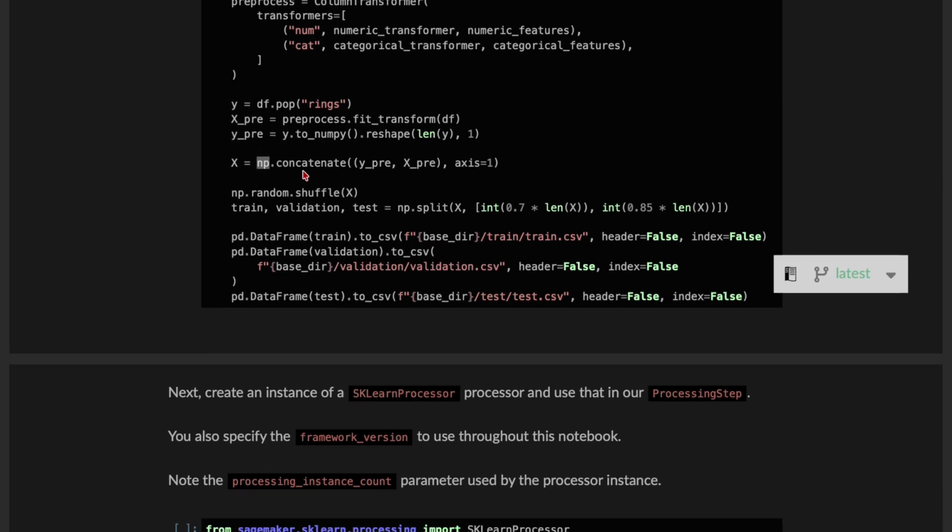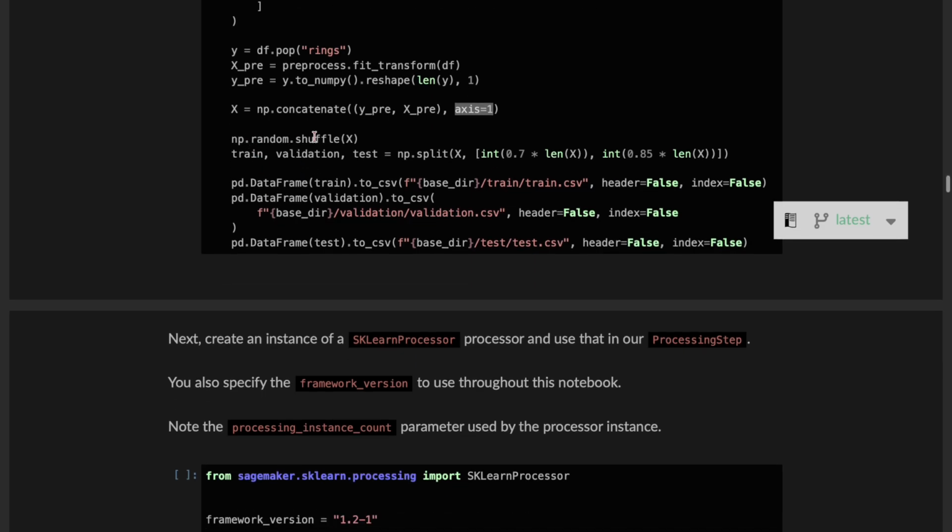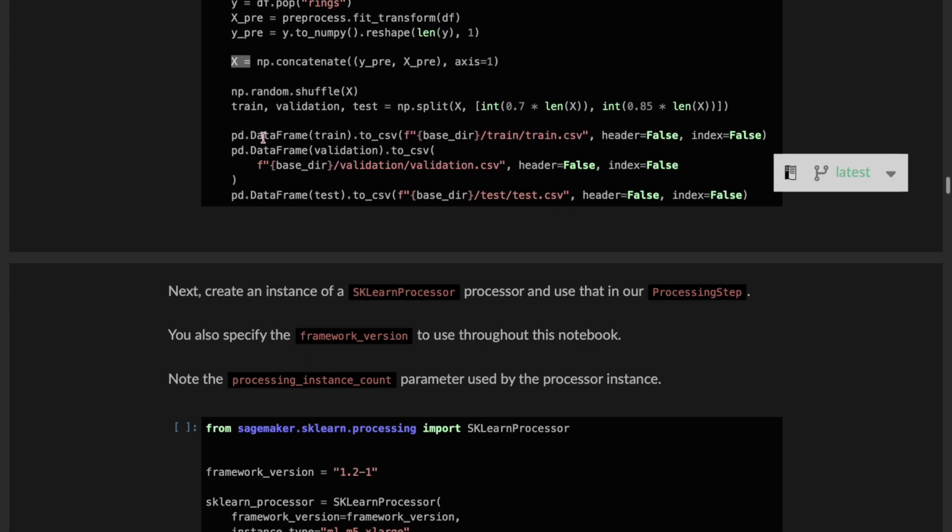Now numpy dot concatenate: this is a list, single list, one dimensional, and this is multi-dimensional, and this axis is 1, that is column 1. Then np dot random dot shuffle, and we are shuffling this particular matrix and splitting it into train, validation, and test. That is 0.7 into x, 0.85 into len of x, and then pd dot data frame on train